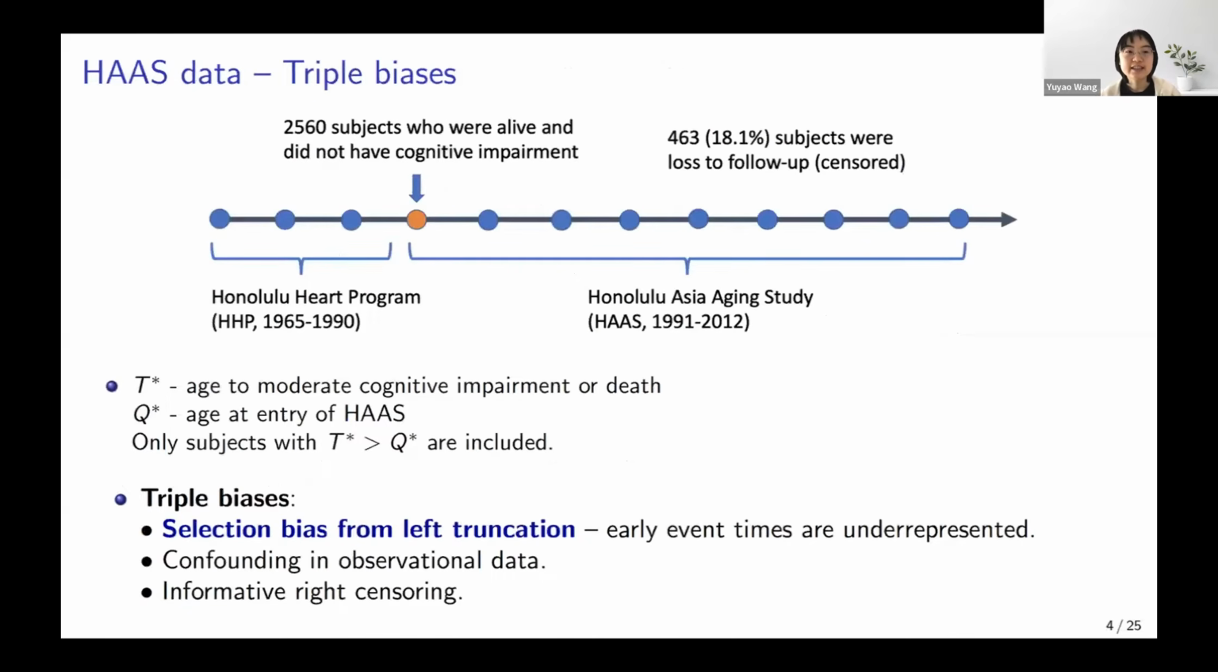And as a motivating data example, we looked at the data collected from the Honolulu Heart Program and Honolulu Asia Aging Study. And the data set contains 2,560 subjects who are alive and did not have cognitive impairment at the start of the aging study. And we're interested in analyzing people's age to moderate cognitive impairment or death. And because the data only contains subjects who are alive and have not had cognitive impairment when they enter the aging study, there is left truncation, in that the event time of interest is left truncated by their age at entry